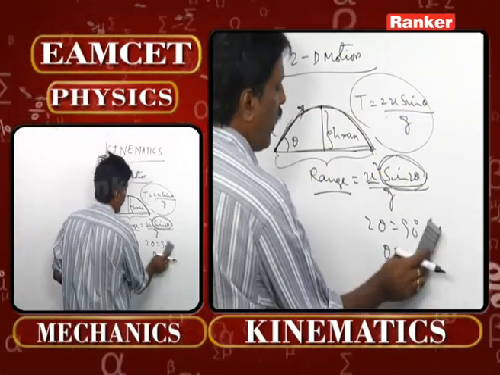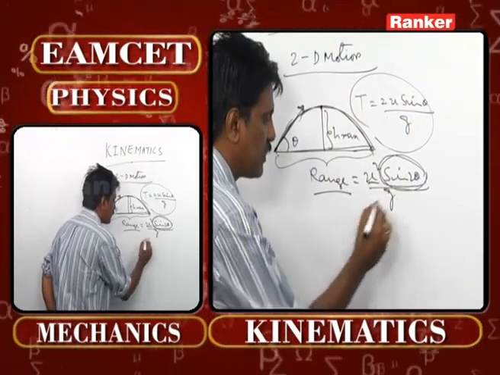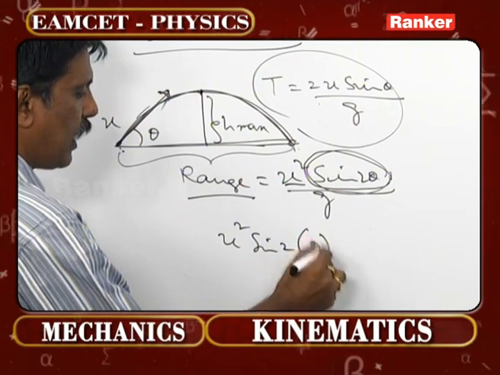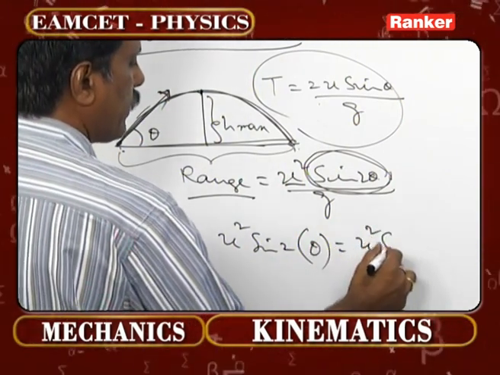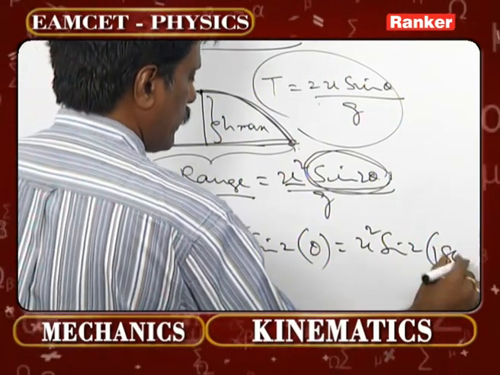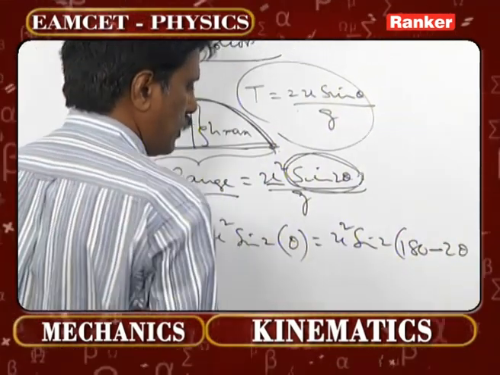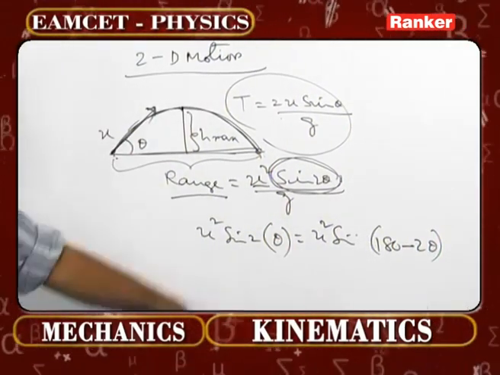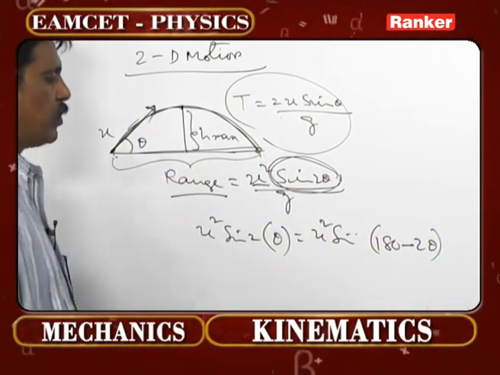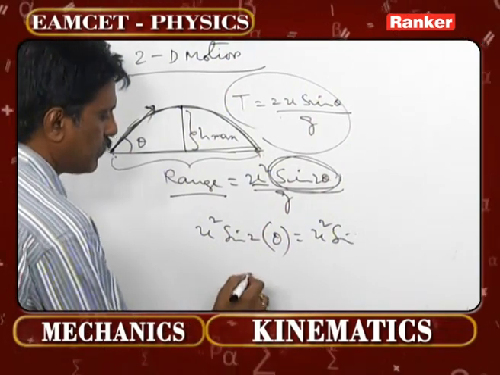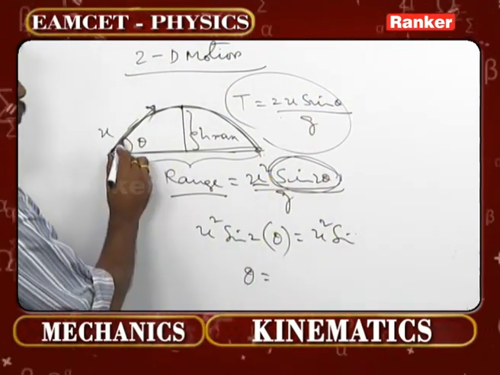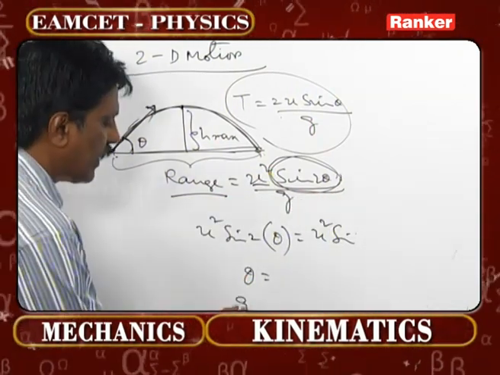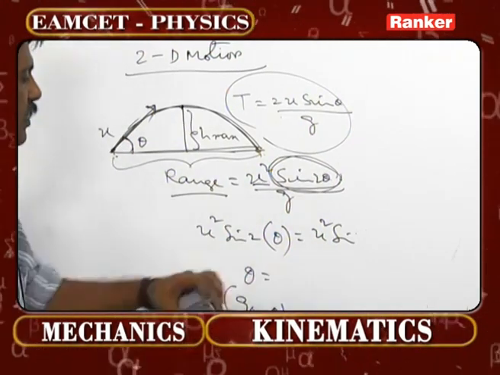Now one more point to be noticed is, u square sin 2 theta is also equal to u square sin (180 minus 2 theta). So what happens here, suppose the angle of projection is theta in the first case, then range is equal to u square sin 2 theta by g. In the second case, let the angle of projection be 90 minus theta, then the range will be equal to how much? See here,